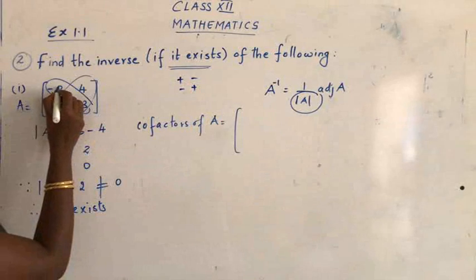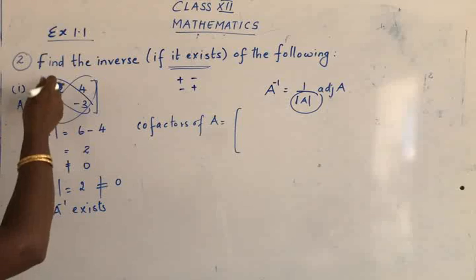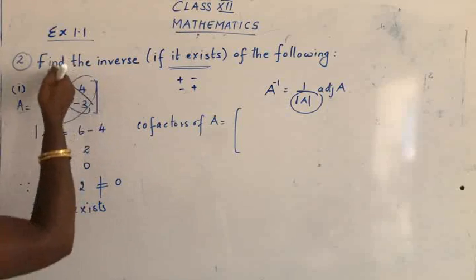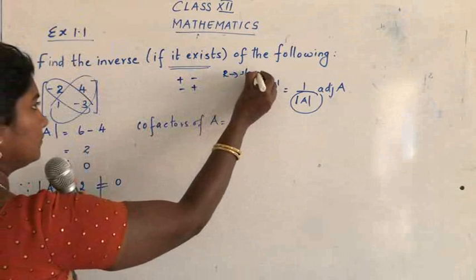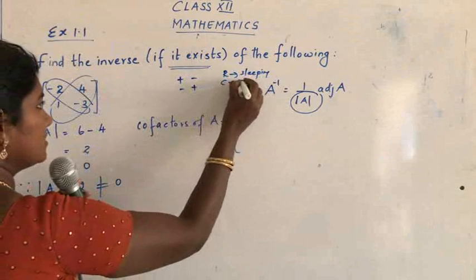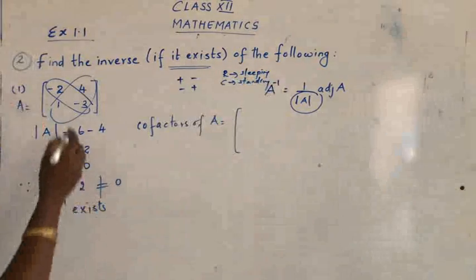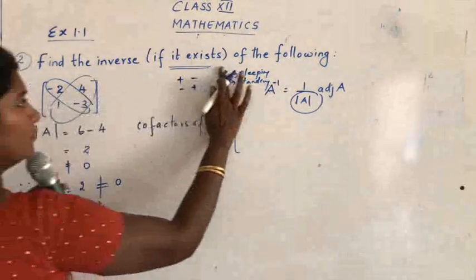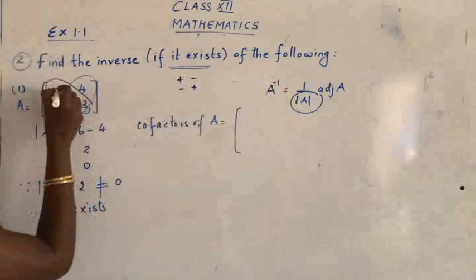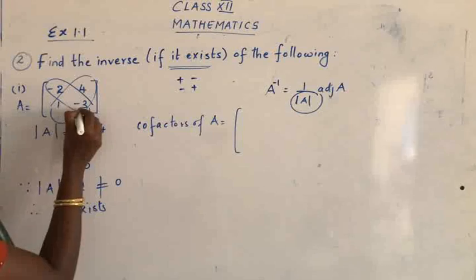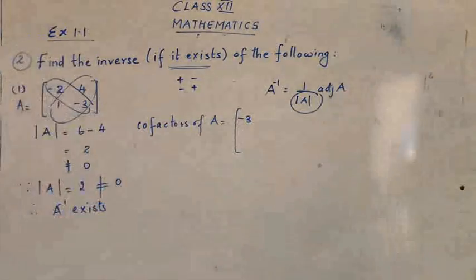Okay, let's start with the work. So first, we are going to focus on the first element. So eliminate that particular row and column. Row is sleeping and column is standing. So sleeping and standing. Okay. So what do you get here? Minus 2. So eliminate this particular row and column. So what is left now here? It's minus 3. Next thing, go for 4.